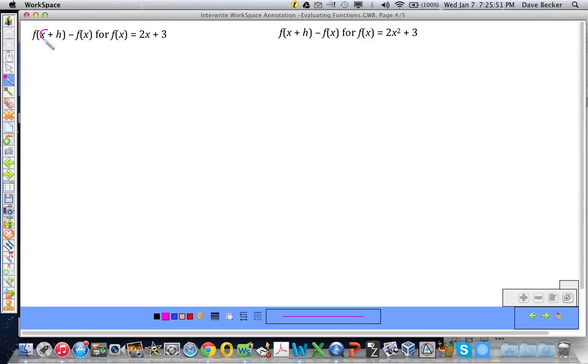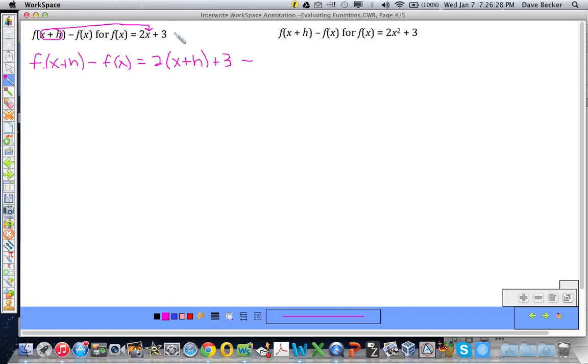Again, all this means is I'm going to take x plus h, and wherever I see an x, I'm going to replace it. So f of x plus h minus f of x is going to equal 2 times, replace the x with x plus h, plus 3, don't forget the 3,